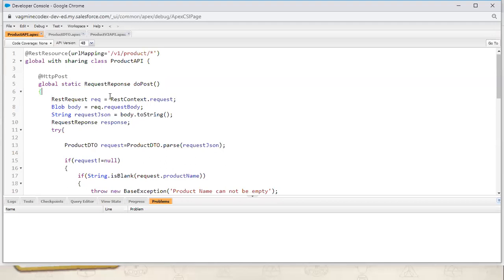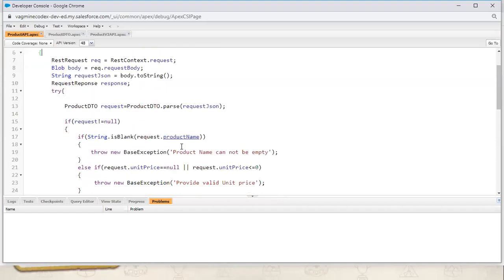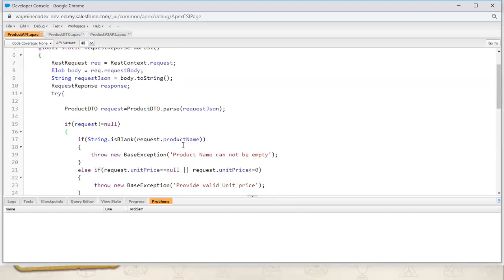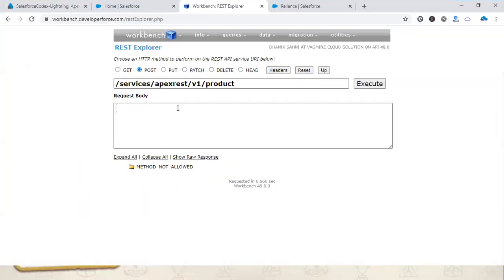So this is a problem. We should always return proper data to the caller. Even if there is an error, you should give a proper response with the error. Let's see an example. Without adding anything, I'm just triggering this post method. What error am I getting?